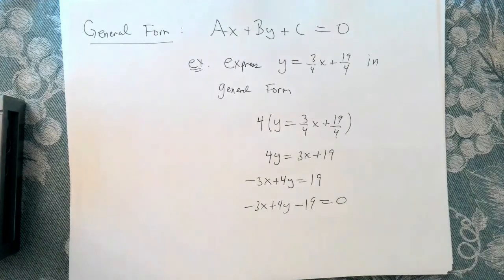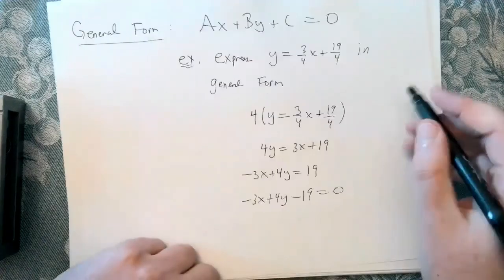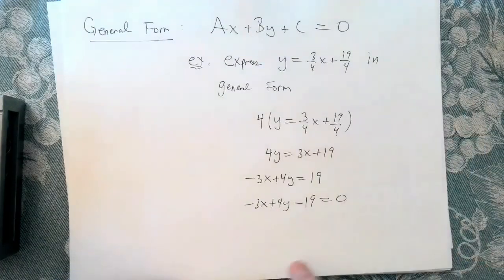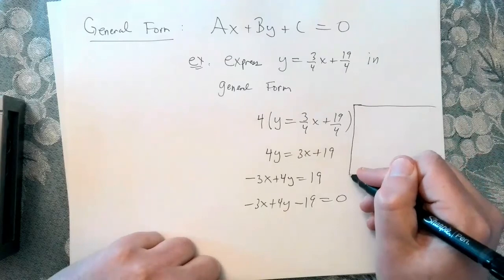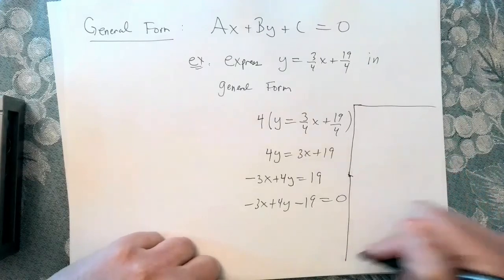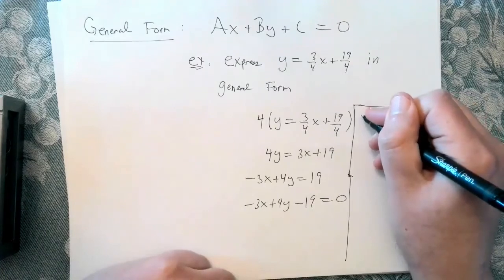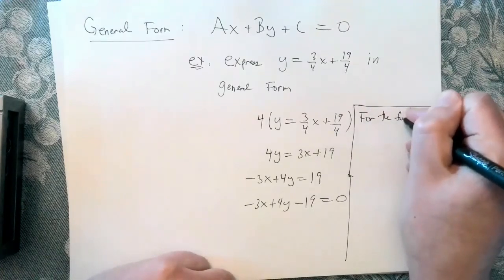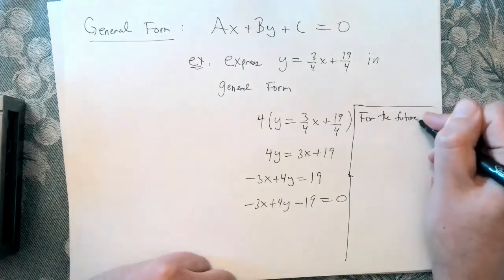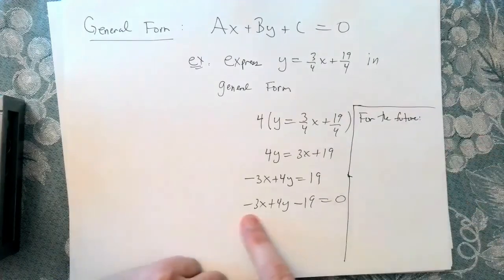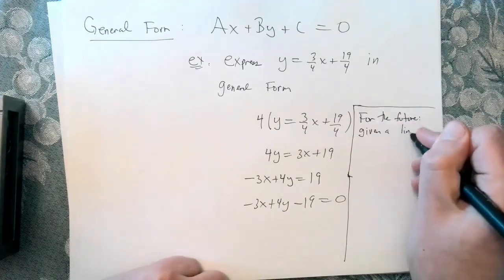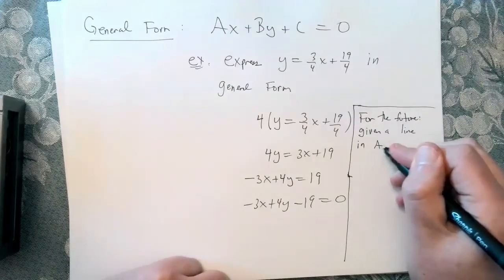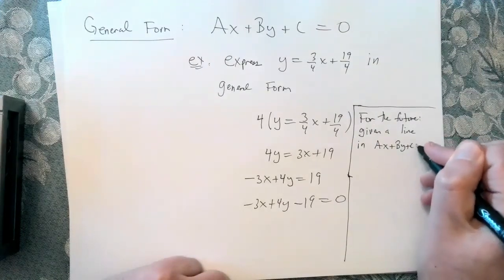And sort of a natural question might be, well, why do we need another form? We were perfectly fine before. Well, it turns out that very often we want to talk about lines in this form because, just a heads up for the future, if you study physics or you study higher dimensional math like linear algebra, you will thank me. So for the future, given a line in ax plus by plus c equals 0 form,